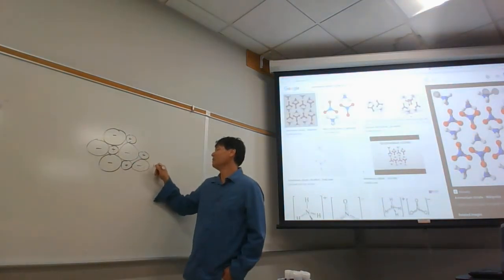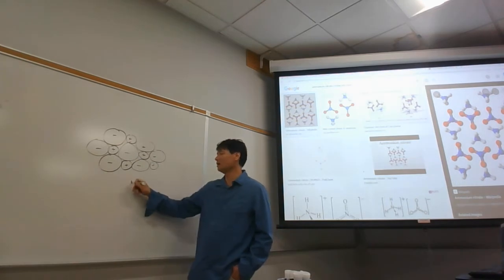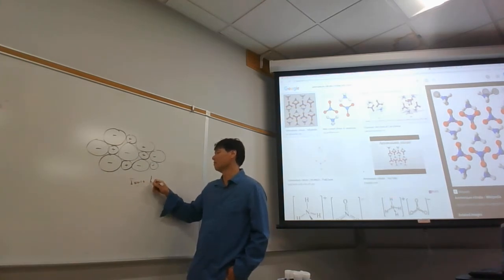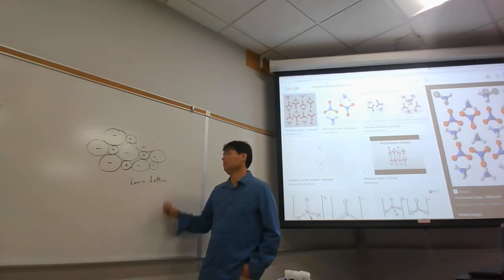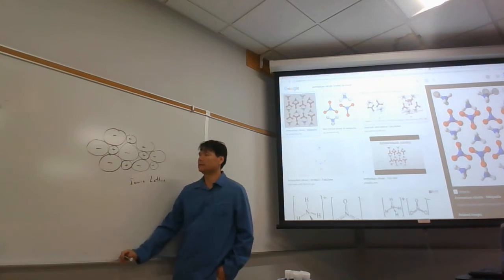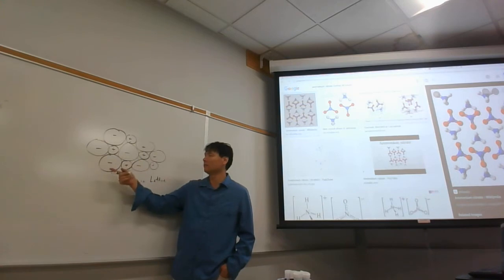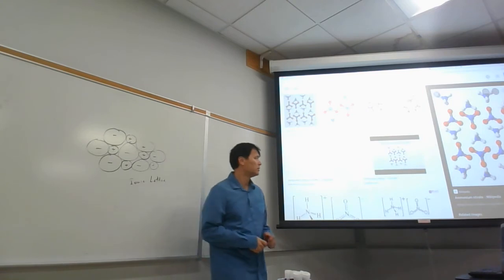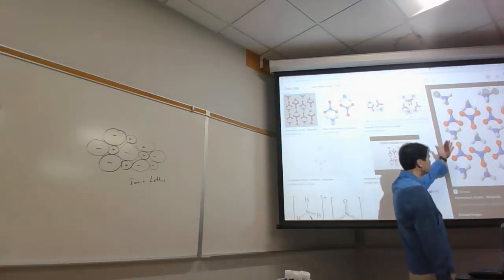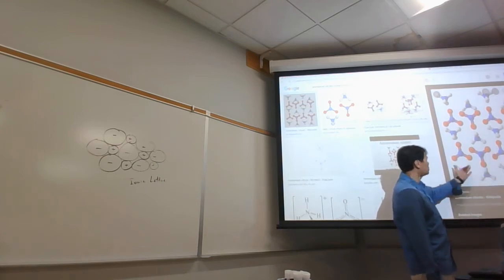And so what happens is we build up this structure. Do you know what this structure is called? This is a lattice. We call this an ionic lattice. Ionic lattices are going to be represented by the simplest ratio. And in this case, the simplest ratio is 1-to-1. For every positive, I have a negative. It's 1-to-1. The same thing here. This is called a lattice. This is a lattice in 2 dimensions, but in 3 dimensions, it just goes up. And the simplest ratio here is